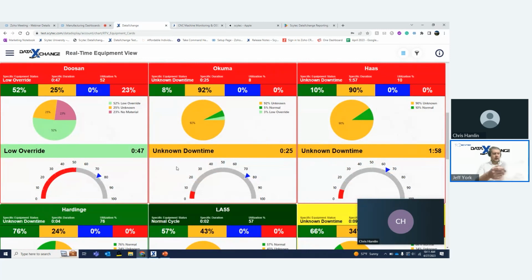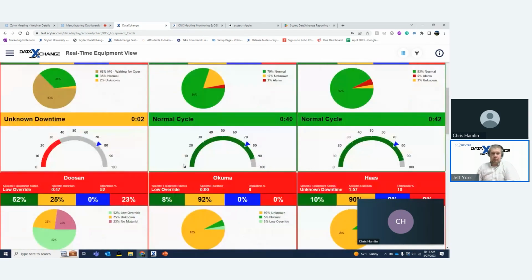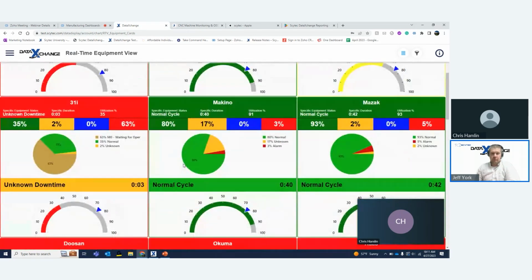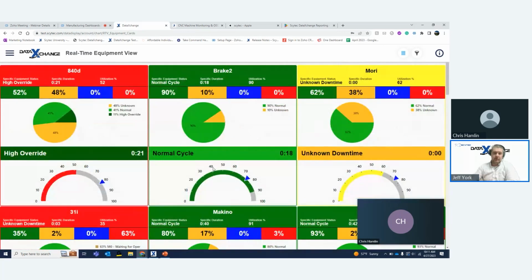Now, I mentioned earlier that this is a great way to empower all of your shop floor personnel. What I think this really boils down to is that it eliminates all of the guesswork you used to have to deal with, getting the next day or later that week, about how your machines were running. Well, now you can just see in real time exactly how they're running, and every different employment level can go ahead and utilize this. So when we come back out here,